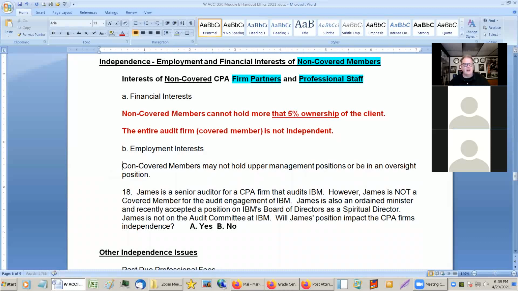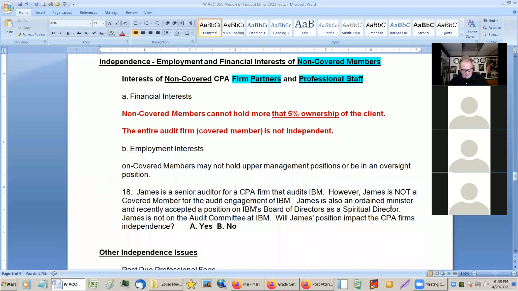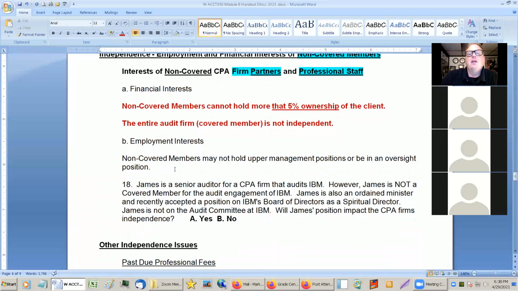Covered members are something completely different. But non-covered members may hold a management position, may not hold a